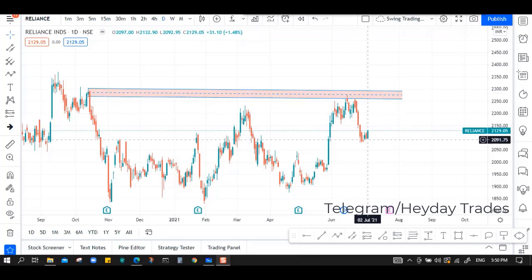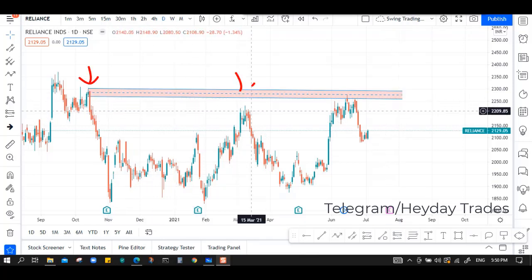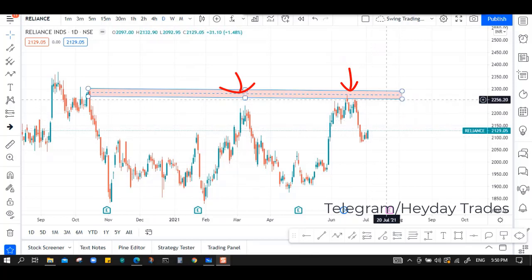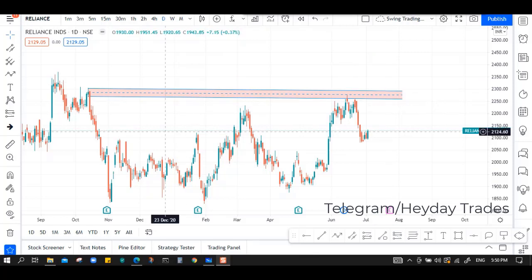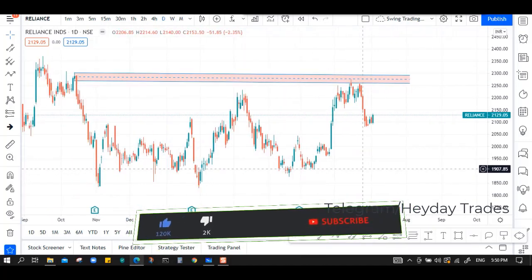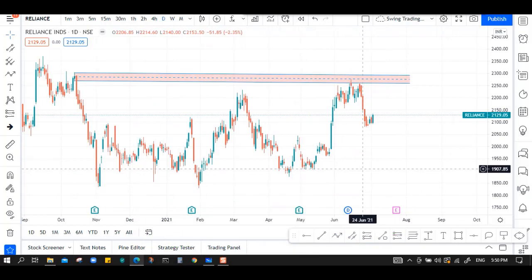For the next time, let's say in the month of August, if price comes to this level, it is not a fresh zone because the market has tested it multiple times. It came near this level, the second time it tested here, and it's coming for the third time. Once it tests for the third time, we won't consider this a fresh zone. So now it's your duty to identify these kinds of supply and demand zones by checking the earlier support or resistance breakouts.